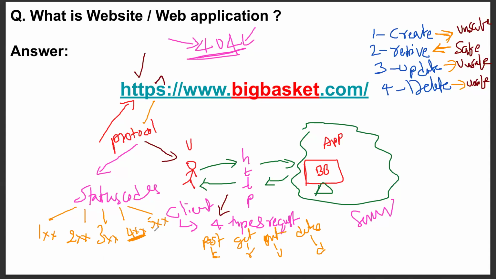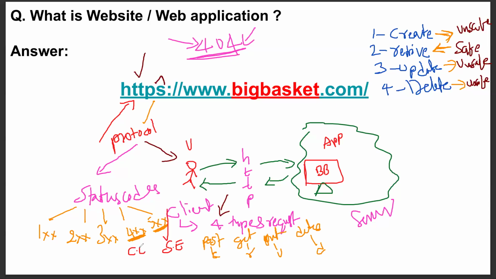Similarly, guys, if you go to Mee Seva, I'm sure if you visit 10 times, 8 times they will tell you that Mee Seva is not working. That's the reason, something, a 500-related error. Server-side error. So let me explain in depth. Guys, 5xx is nothing but a server-side error. Maybe the server is down, or crashed, or under maintenance. That kind of issue we call a server-side error. All 5xx, if you see 501, 502, 503, 504, are all server-side related errors.